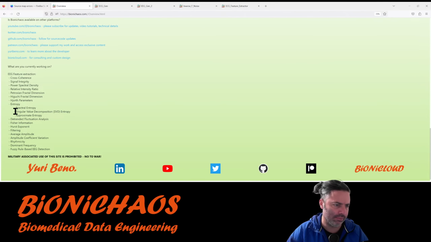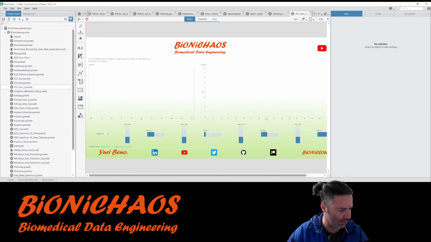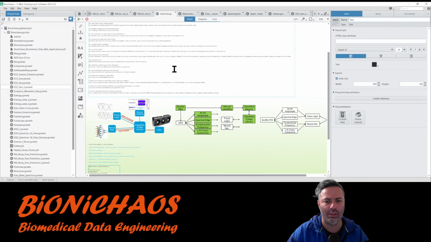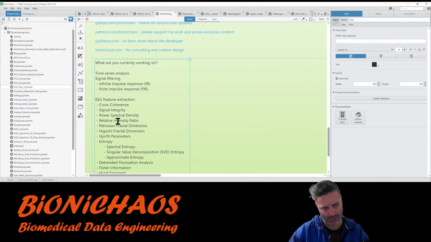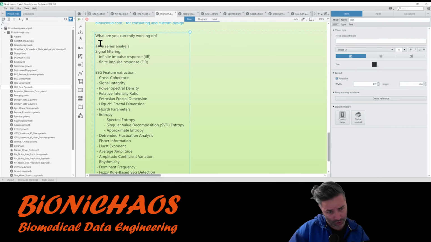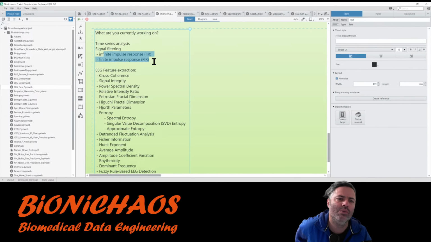We added more stuff. We haven't published it yet. So let's see it in here, in overview. So breakdown, what we're currently working on. Generally, it's all about time series analysis. There's some frequency analysis as well. We're doing a lot of filtering, so yes, we do want to add the infinite and finite impulse response filter options.